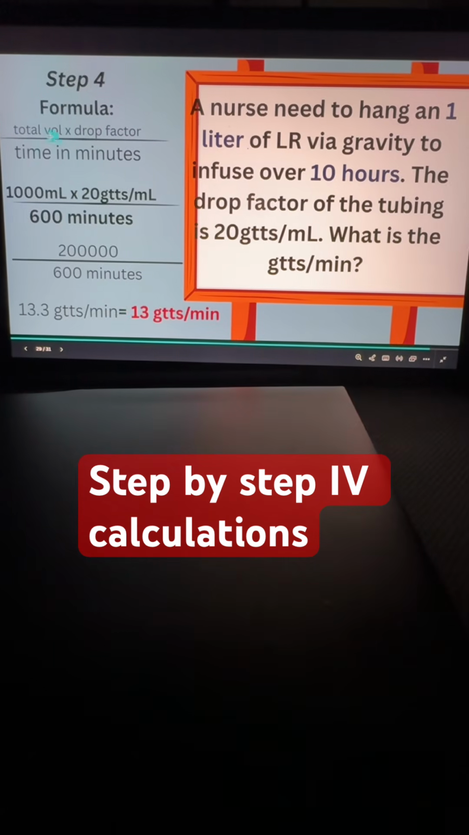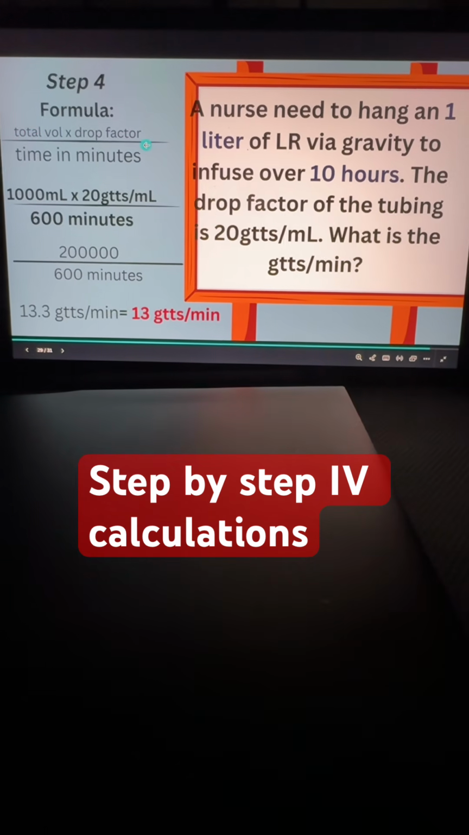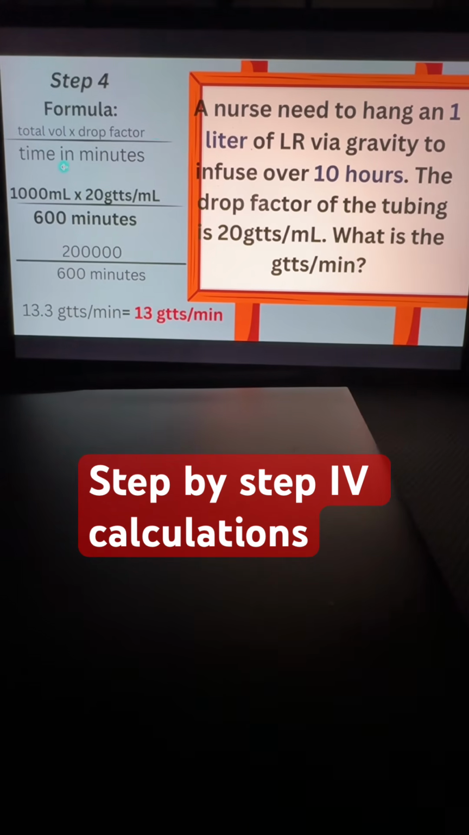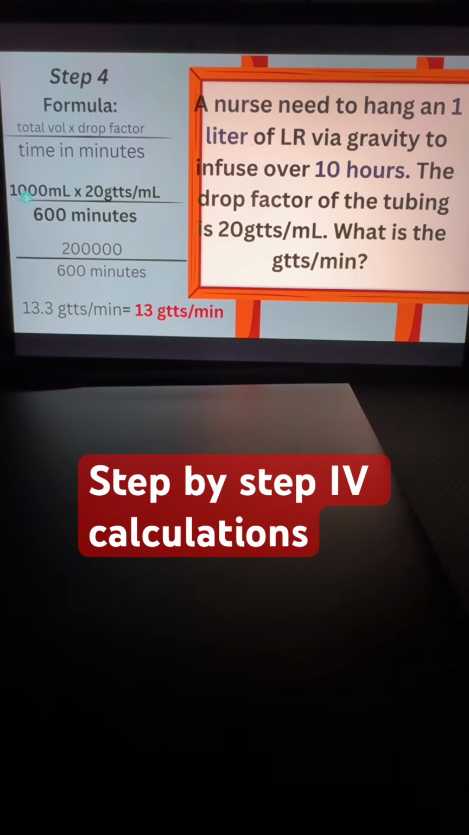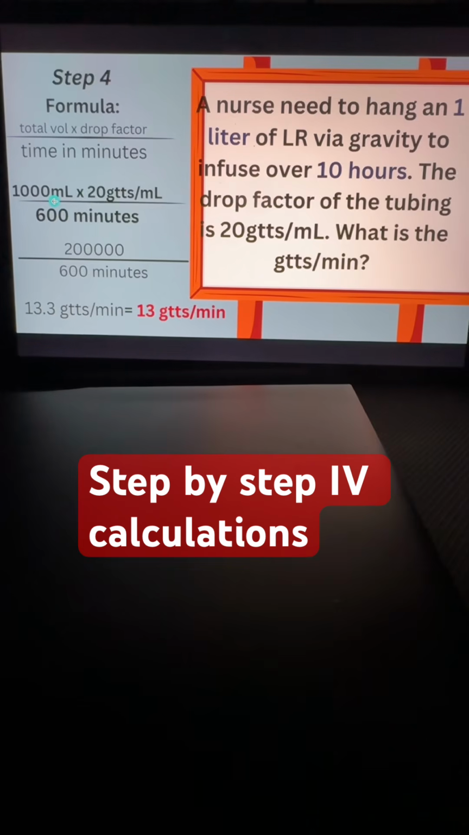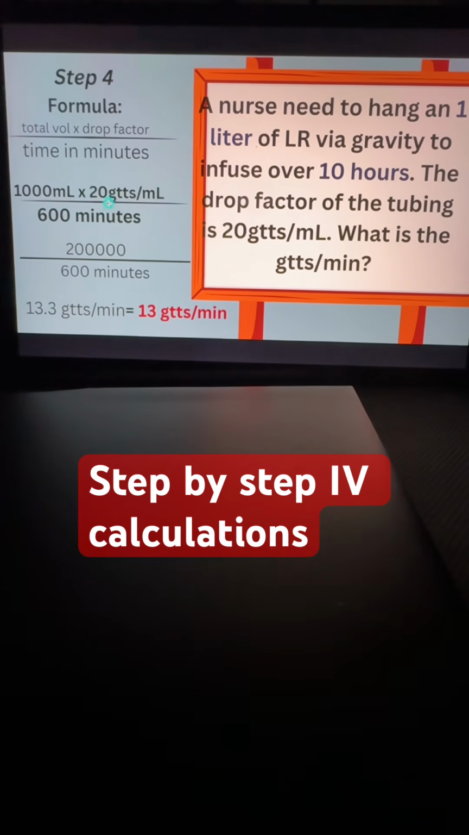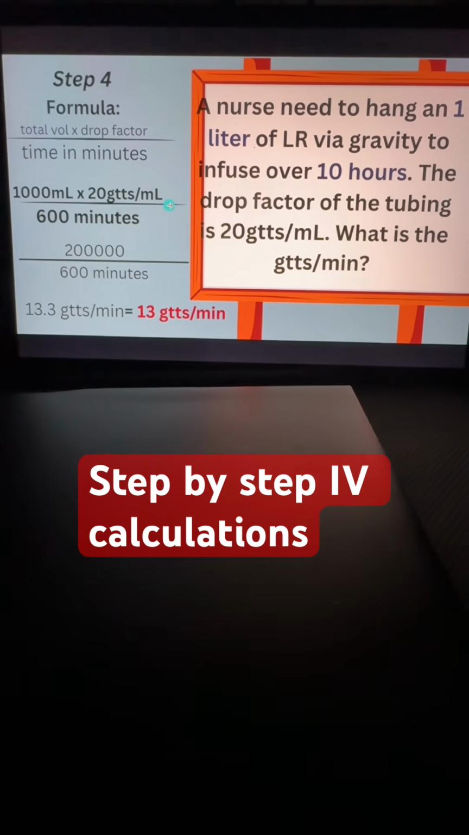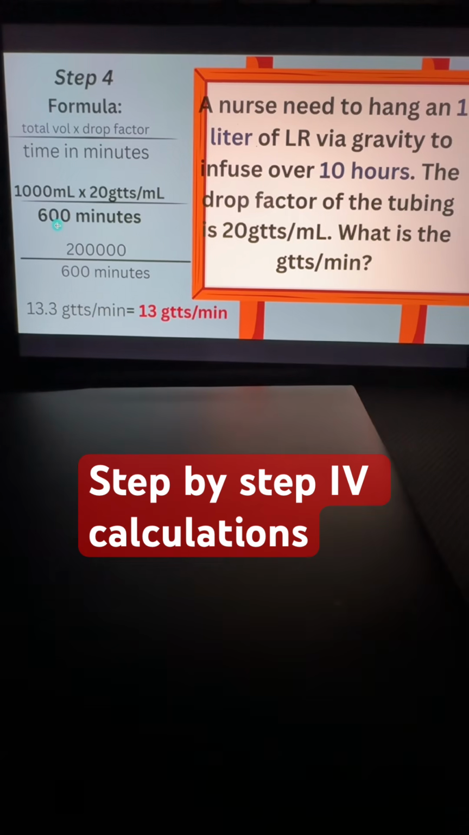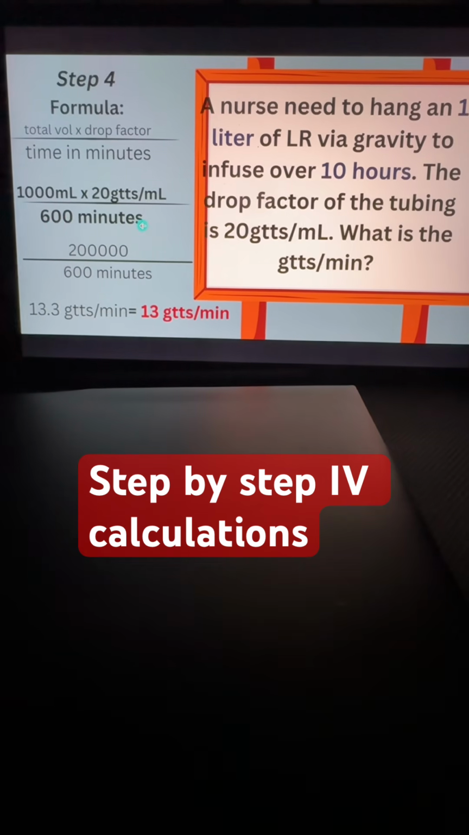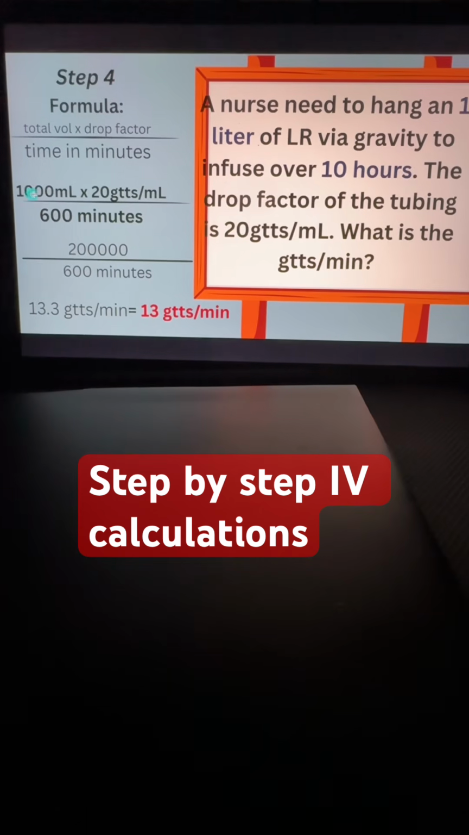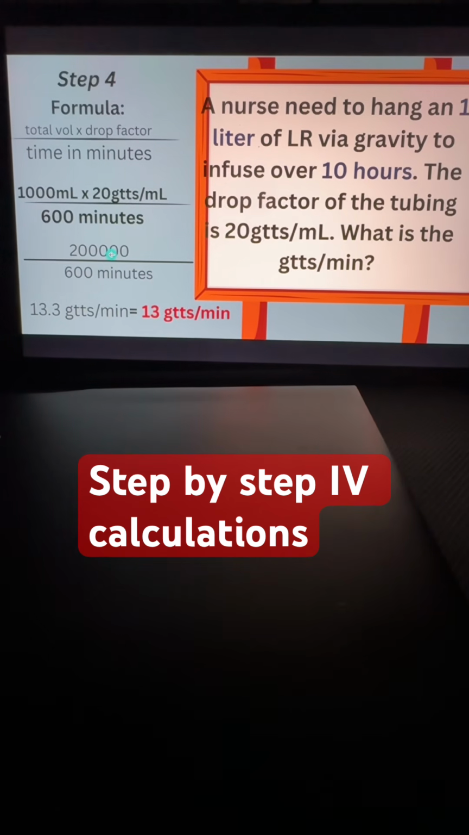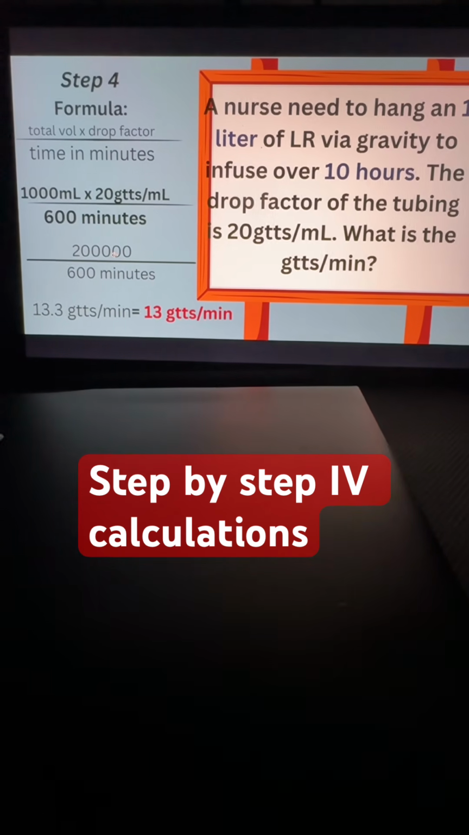Step 4, this is our formula: total volume times our drop factor divided by the time in minutes. So we're going to plug in our numbers. Our total volume was 1,000 milliliters, times our drop factor, which was 20 drops per mil, divided over that time in minutes, which was 600 minutes. You're going to multiply the two numbers at the top. 1,000 times 20 gives you 20,000. Divided